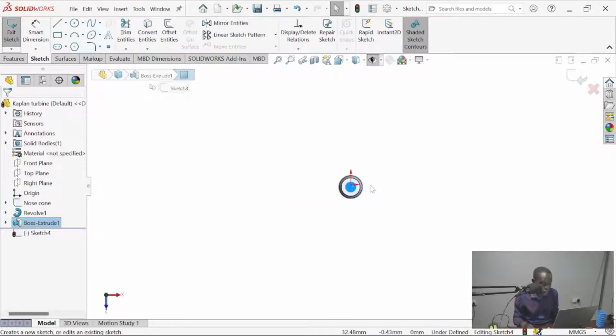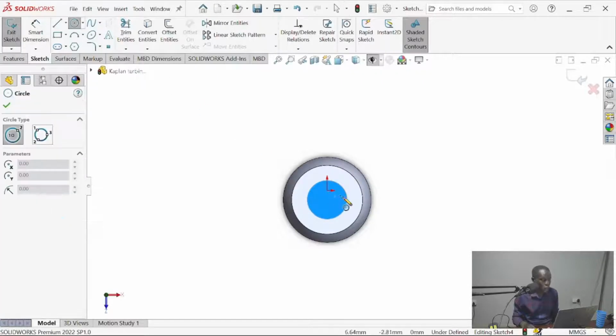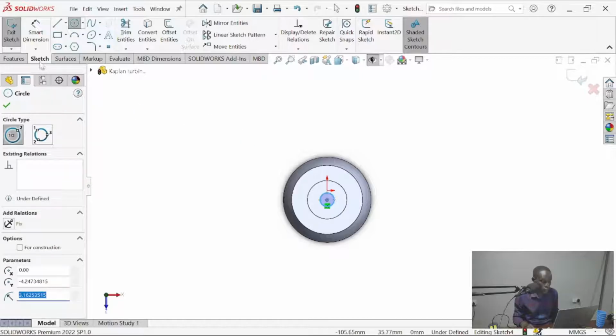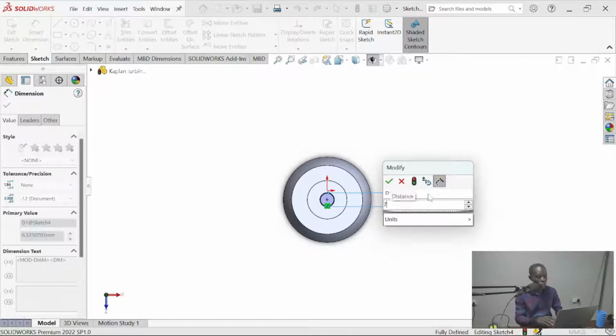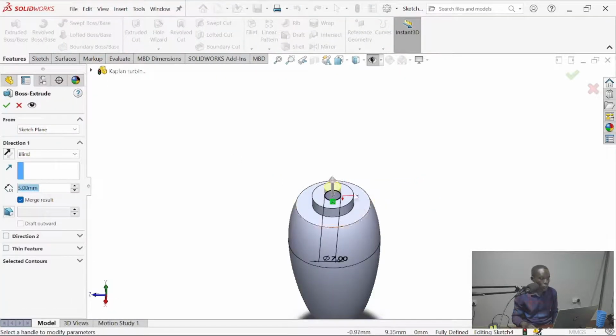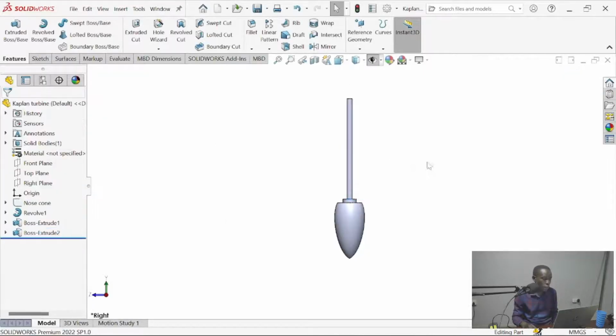Select again that part. Go to sketch. Now we need the shaft diameter. Shall use 7 mm. Extrude, let's say by 135 mm.